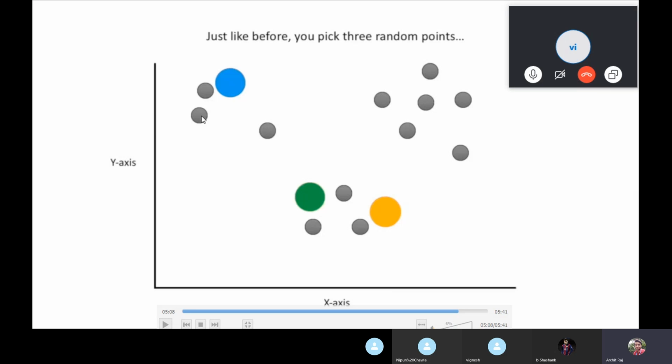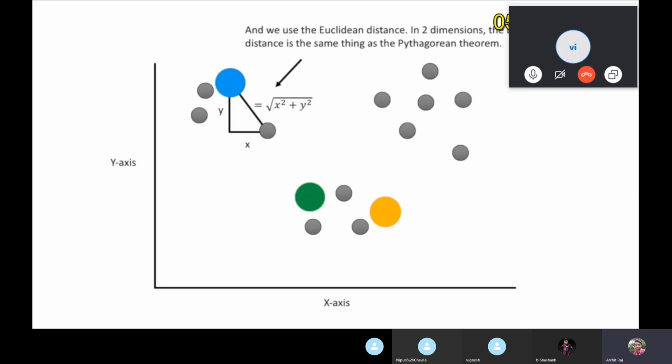What we're going to do is find the distance of each and every data point from the initial clusters. And what exact distance do we take? It is the Euclidean distance. It's not a rule that you have to take Euclidean distance only. You can take Manhattan distance, cosine distance, but what the machine does is it takes the Euclidean distance. I guess you all know what Euclidean distance is. This is the Pythagoras theorem, the world famous Pythagoras theorem.